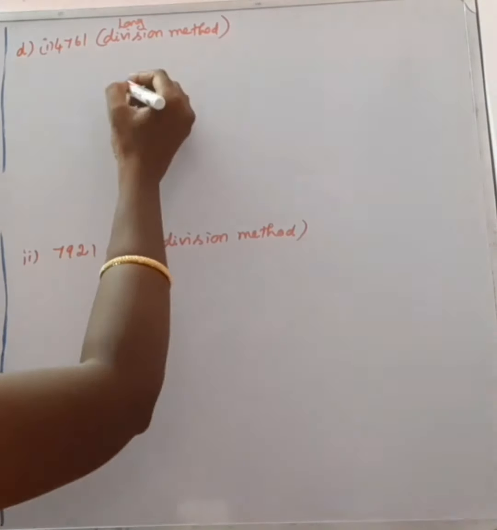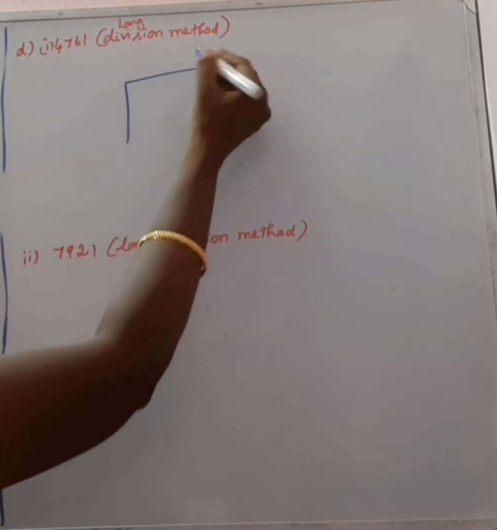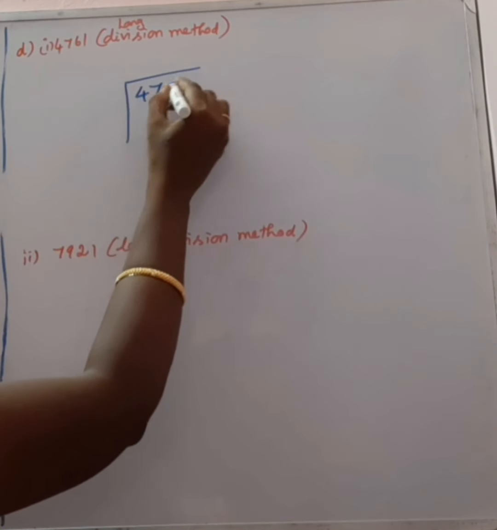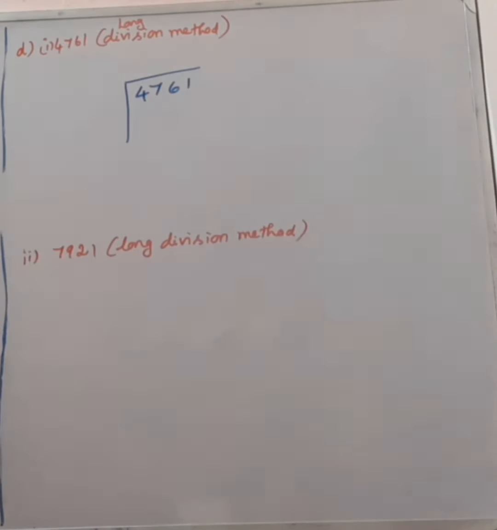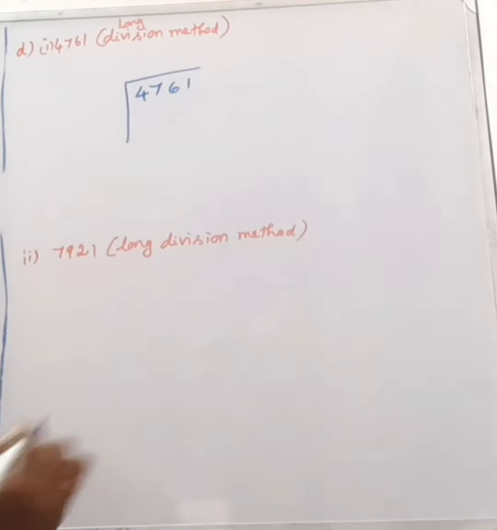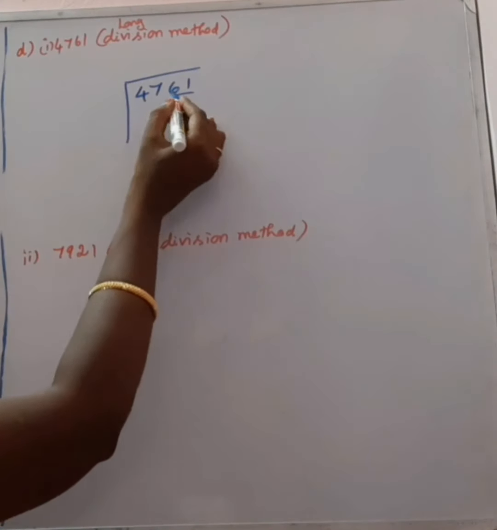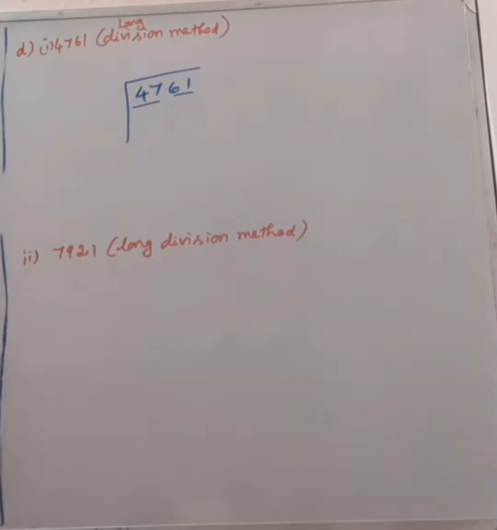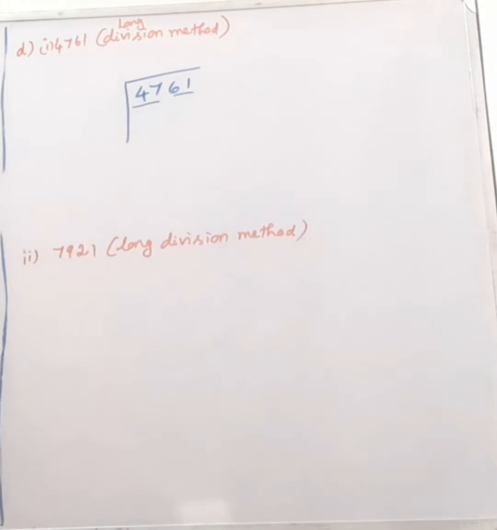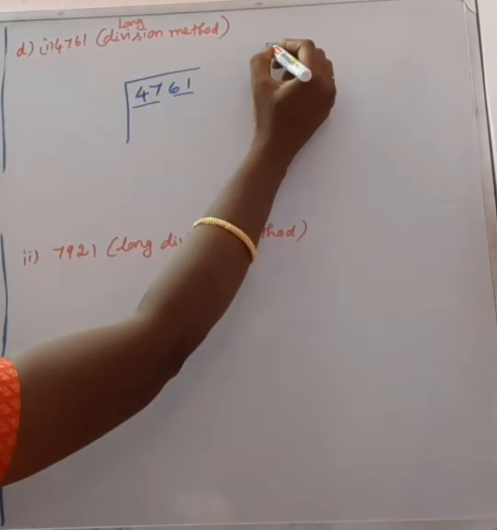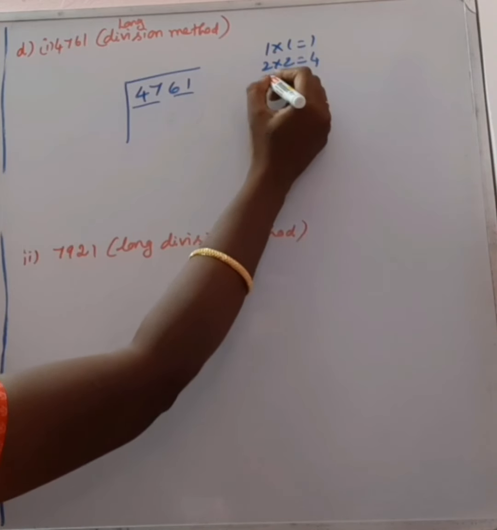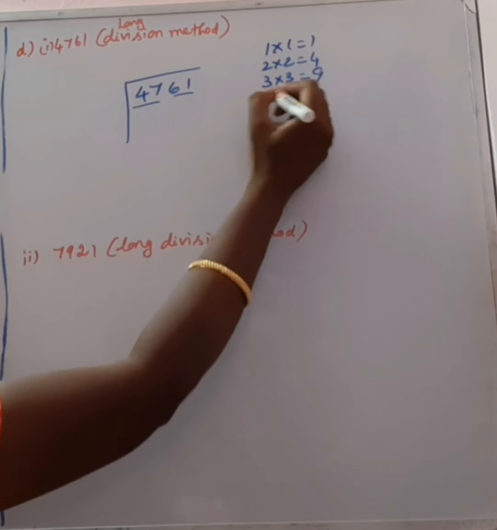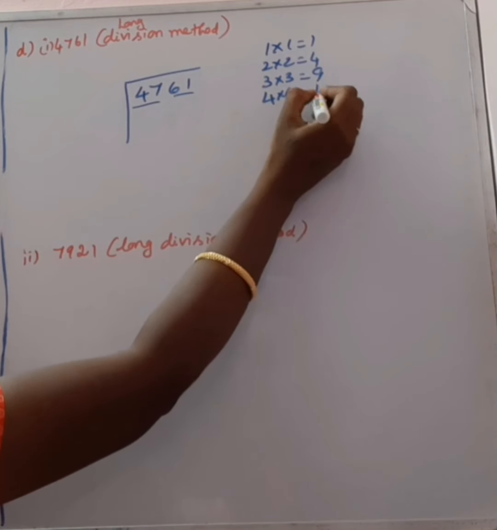Okay. Now, see here, as usual, the division symbol, 4761, as such as you want to write that. Now, the first thing you want to do is pair from the last. So, we have 2 pairs, isn't it? So, 47. So, we want to write the square numbers. 1 1 is 1. 2 2s are 4. 3 3s are 9. 4 4s are 16.